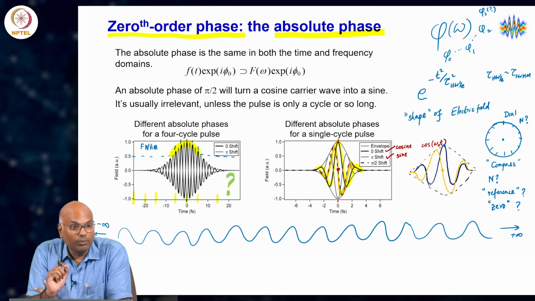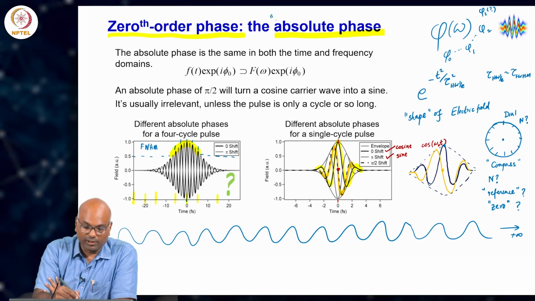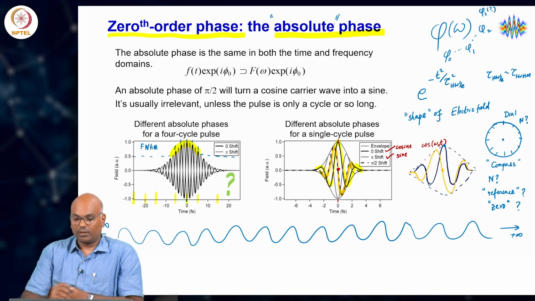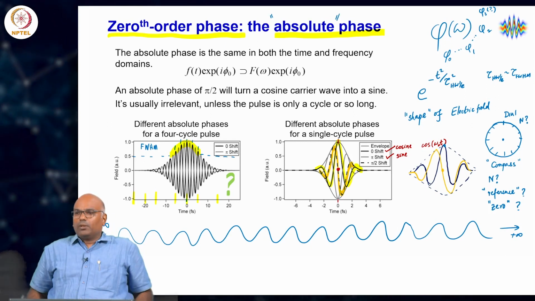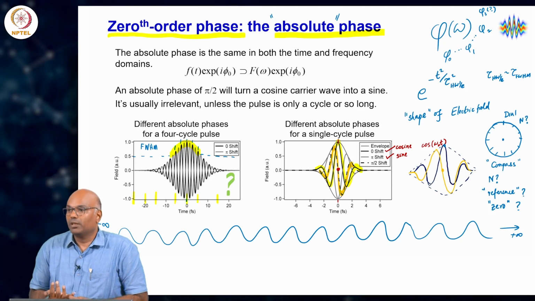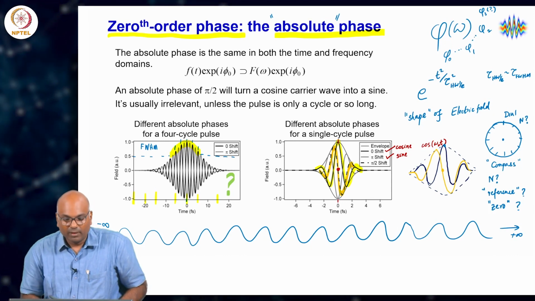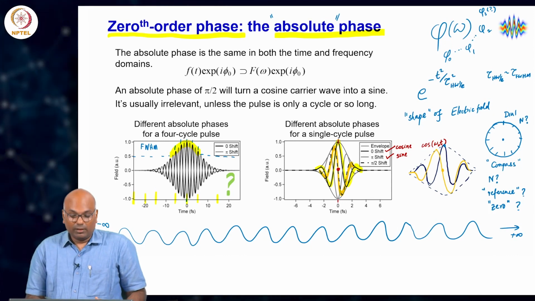And that's the whole reason why this obsession with the so-called absolute phase. Zeroth order phase would actually be the more appropriate adjective and scientifically accurate terminology, but we will indeed see